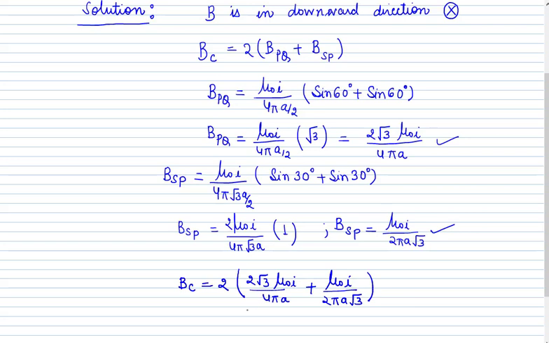So this is 2 and 2, so this 4 cancels out. So this is equal to mu naught I upon pi a with root 3, and similarly this 2 again cancels out, so this is mu naught I upon,